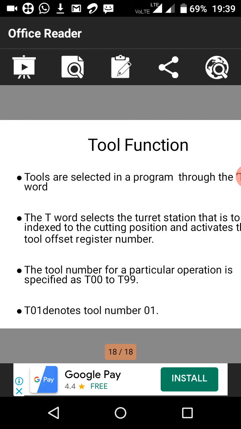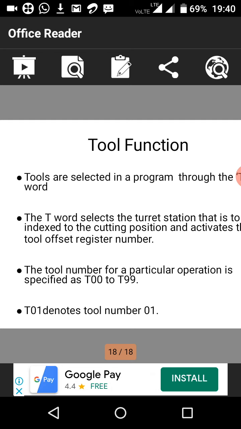If the tool is replaced by another tool of shorter length, say 90 mm, then the tool movement would be 90 mm less along the z axis. So depending upon the tool length, the tool size also changes. This means the program has to be modified every time the tool is changed. In NC part programming, when we want to change the tool, we should change the program. If we want to keep the same tool for the whole program, there is no need to change. If we want to change the program, we should change the tool also.